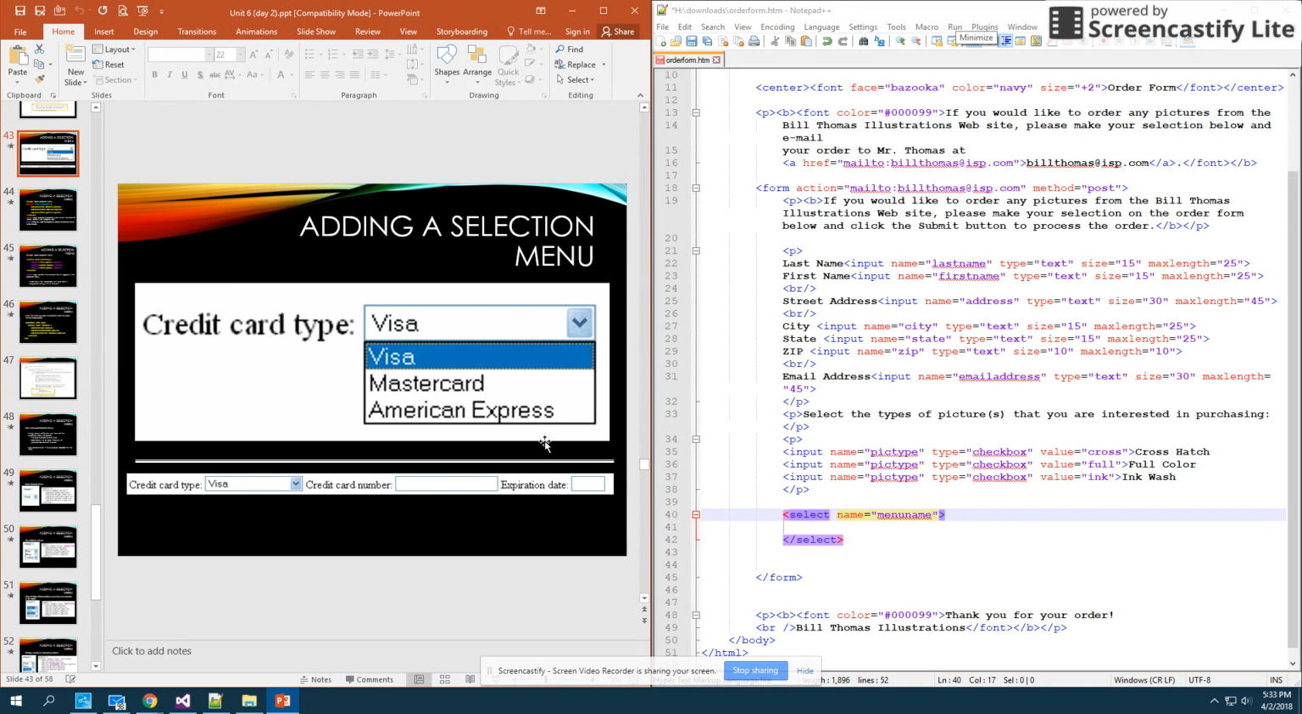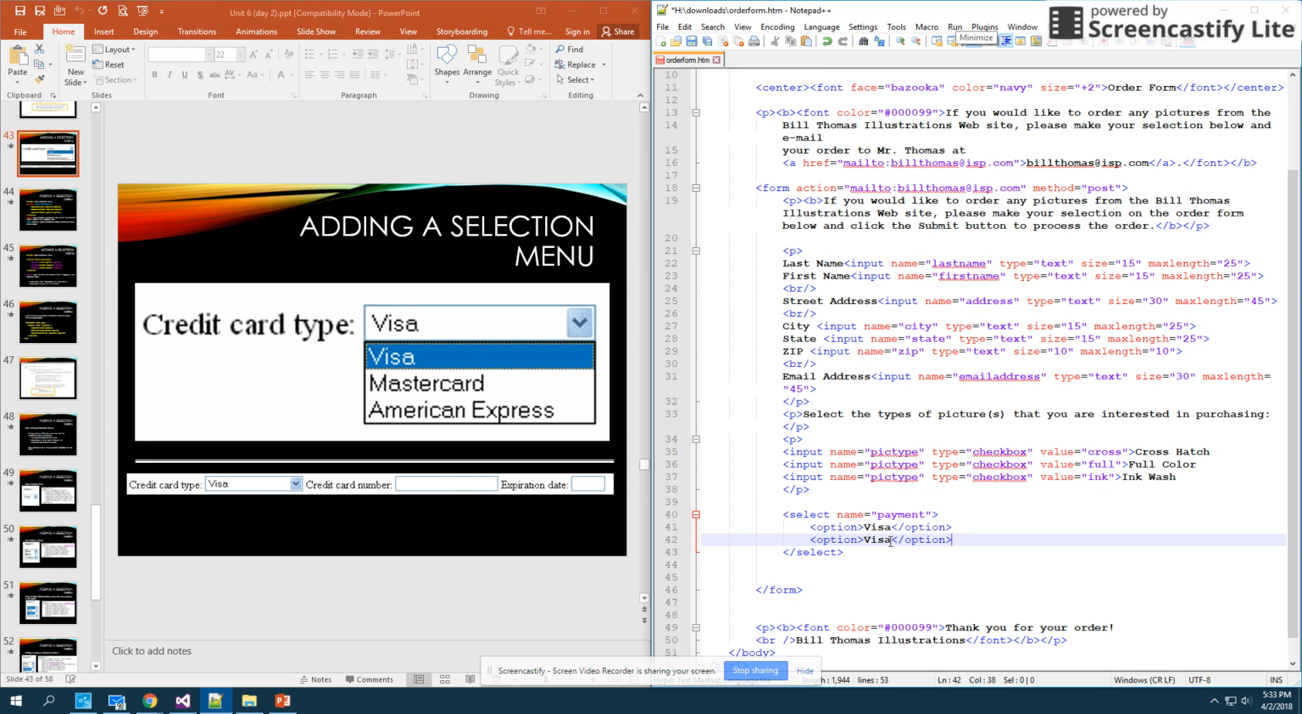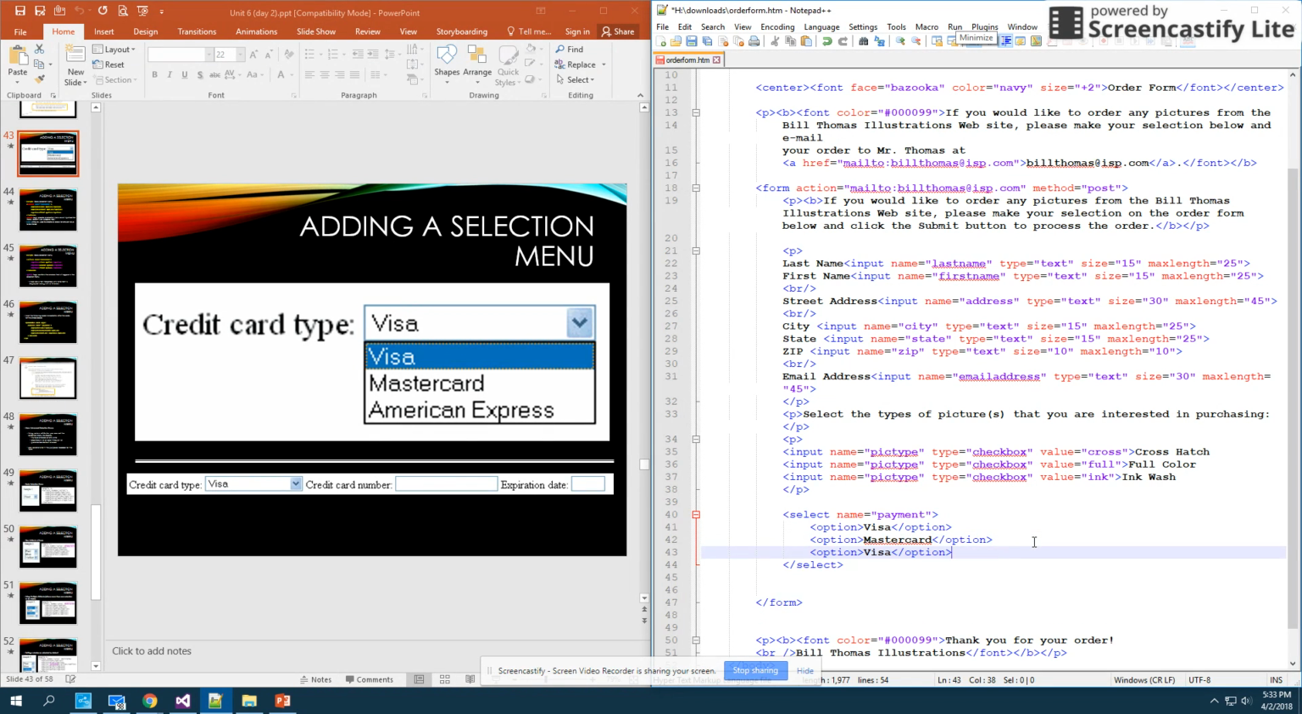So if we go back here, I'm going to change this name to be payment, because that's really what our selection menu is for. And then I'm going to have an option tag that opens and closes. Inside of here, my first option is going to be Visa. I'm going to copy that. My second option is going to be MasterCard. My third option is going to be American